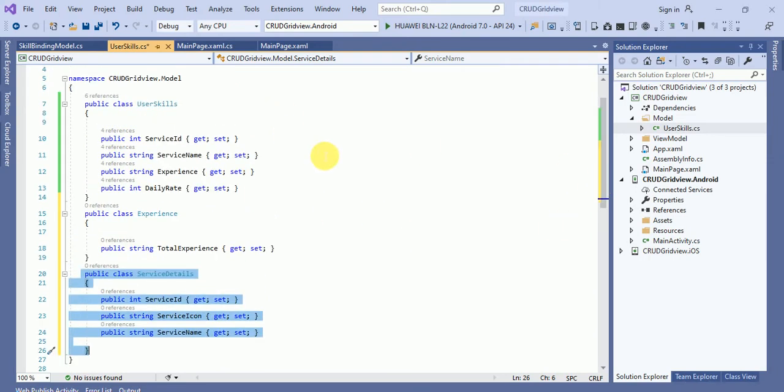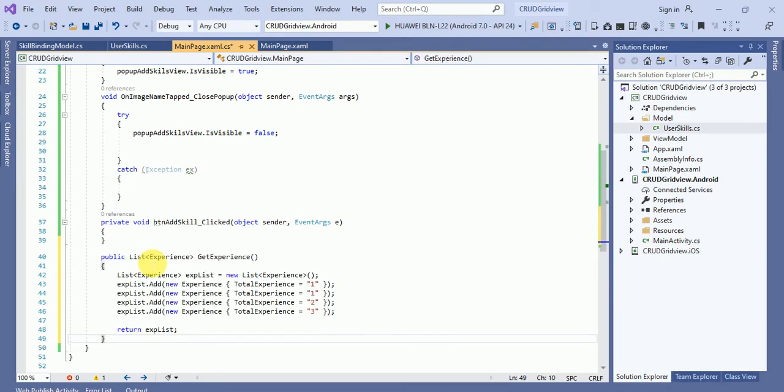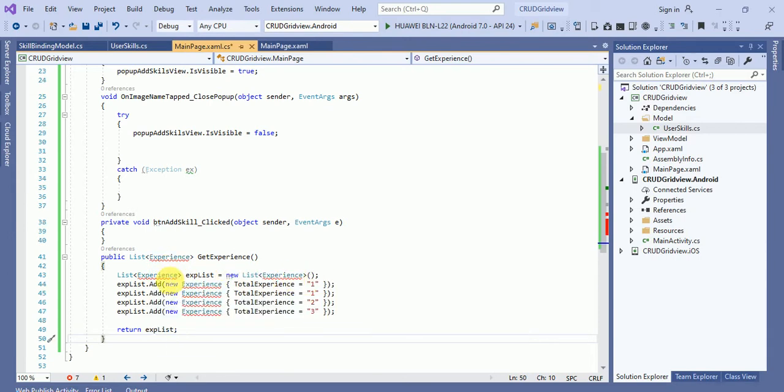Go over here and add the experience. Fine, cool. Using this get experience we have to bind our picker.